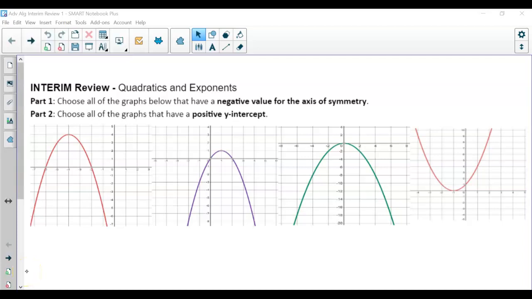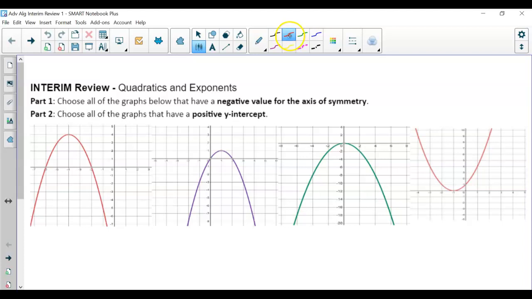In this video, I'm going over the first part of our interim review, which is focusing on the quadratics and exponents, but also the graphs of the quadratics. The first few questions we are going over together as a group, but here focusing on this concept of